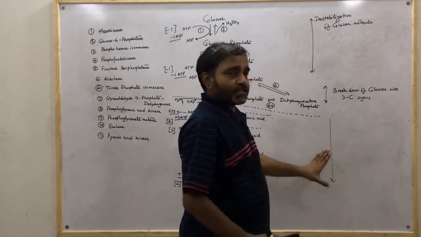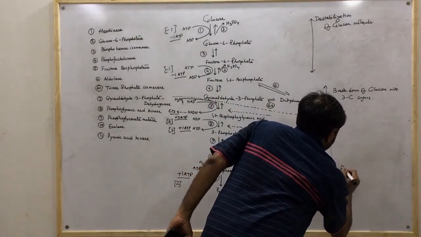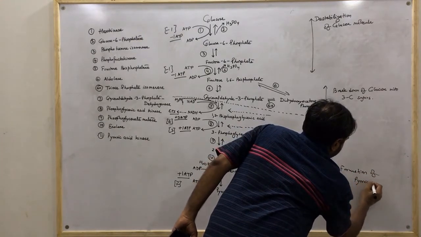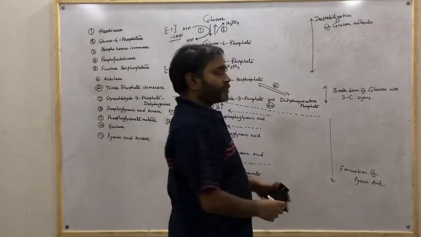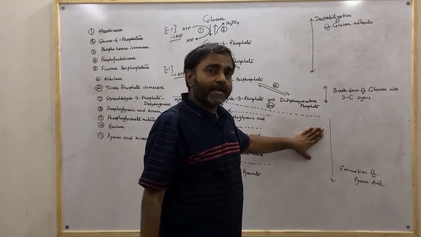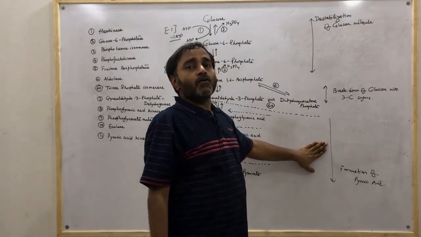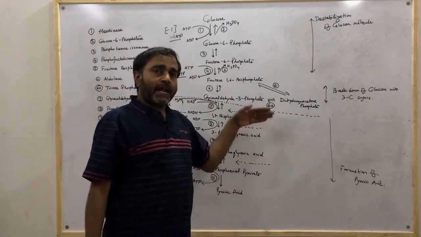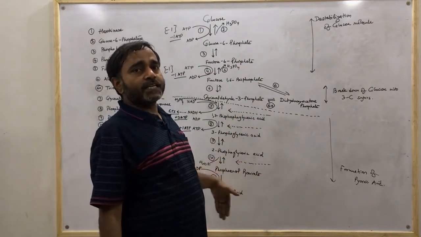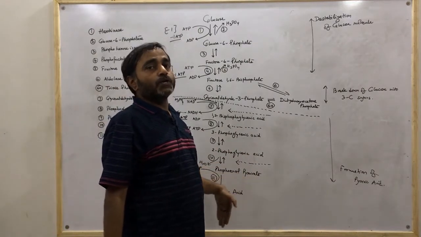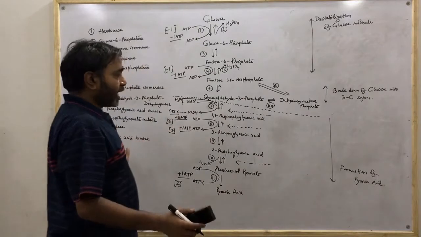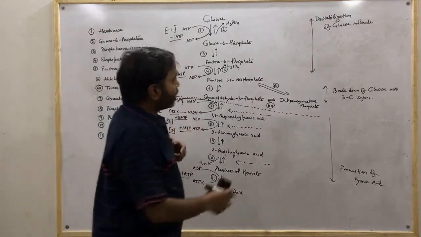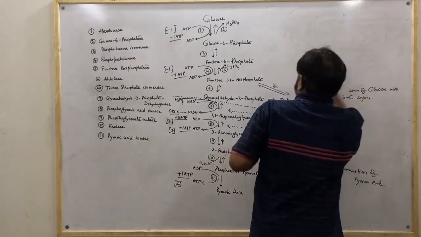We may see that this step can be said to be the formation of pyruvic acid. These steps of oxidation, or you can say the breakdown of the molecules, will lead to the formation of pyruvic acid molecule, which is the stable molecule, and that will enter further into the pathway. As we can see in case of aerobic pathway, it will enter into the Krebs cycle. So this is all about the glycolysis. We already have seen the different steps, and now I will tell you how the molecule of pyruvic acid will enter into the Krebs cycle.